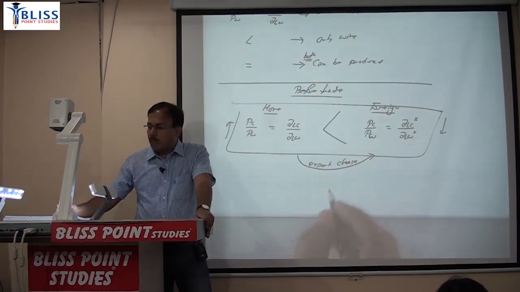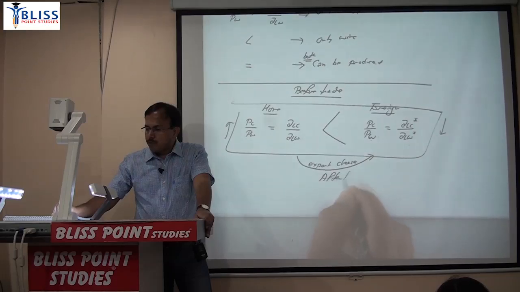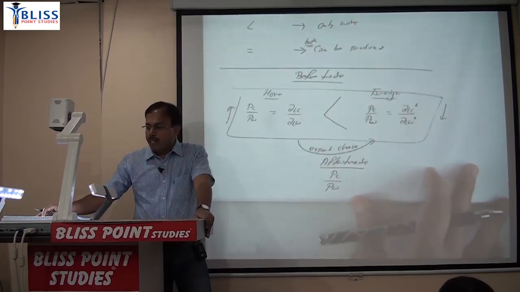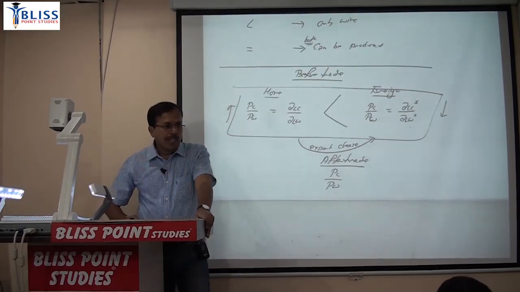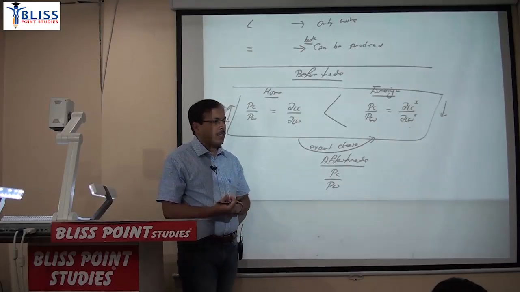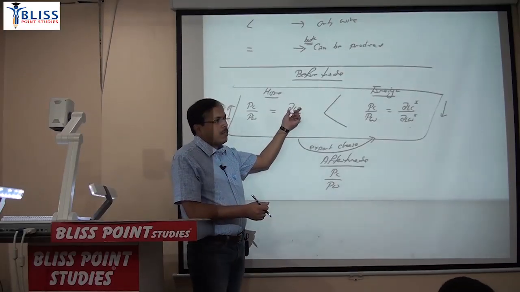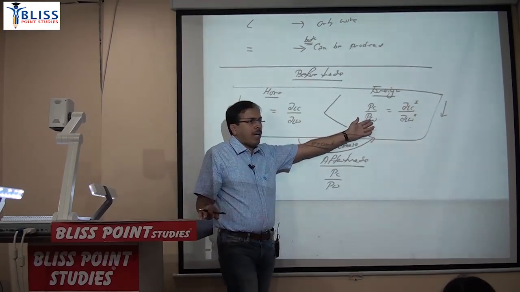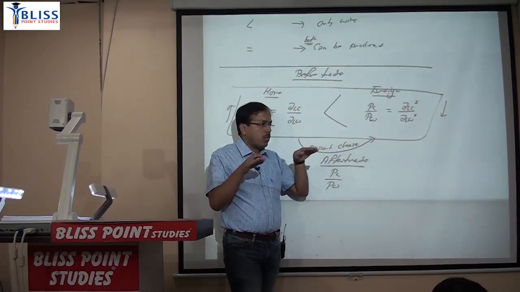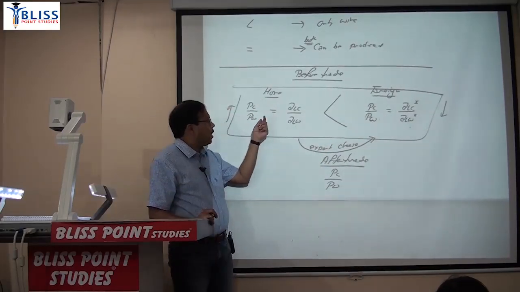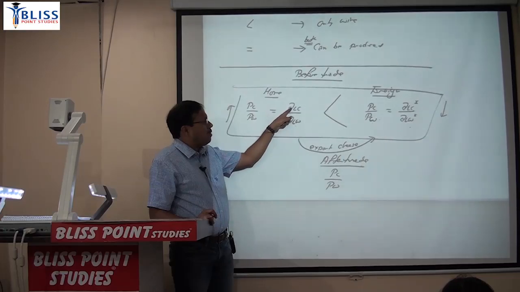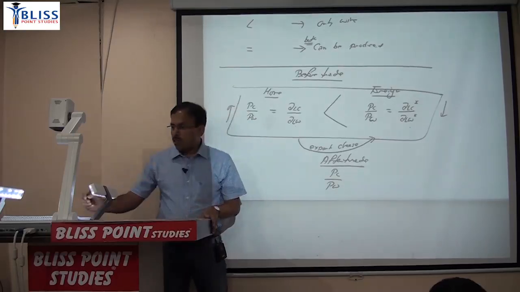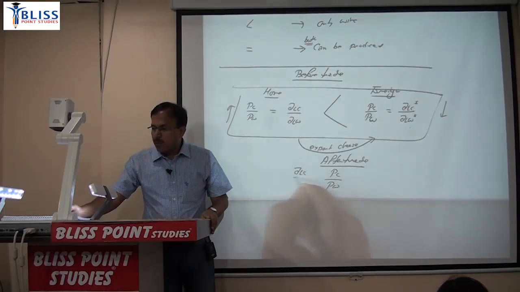तो somewhere in between का मतलब क्या? After trade. Remember after trade whatever be the price, that PC by PW will be greater than what and less than what? ट्रेड के बाद का जो प्राइस होगा वो कौन से दो वैल्यूज के बीच लाई कर जाएगा? ट्रेड से पहले ये नंबर है होम कंट्री में, और ट्रेड से पहले ये नंबर है फॉरेन कंट्री का, और ट्रेड के बाद ये दोनों कन्वर्ज हो रहे हैं। तो कन्वर्ज होंगे तो इसका मतलब हो गया जो एक्चुअल का प्राइस होगा वो हायर देन ALC/LW होगा